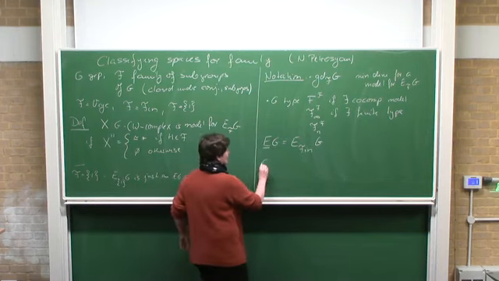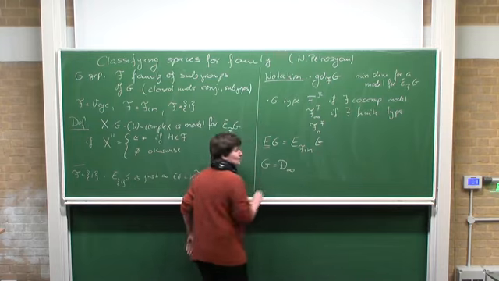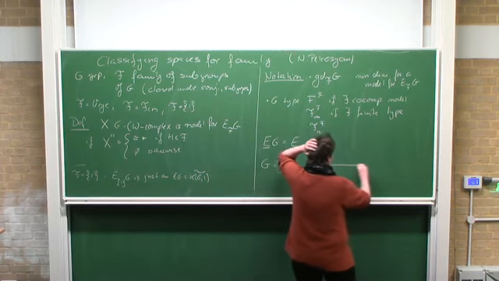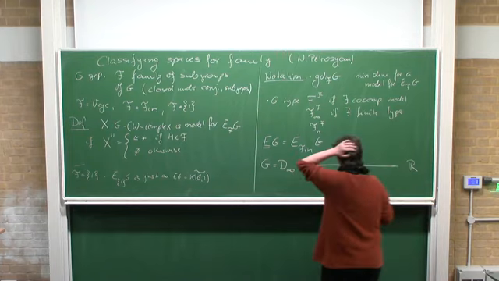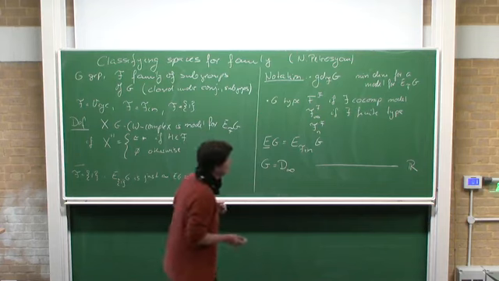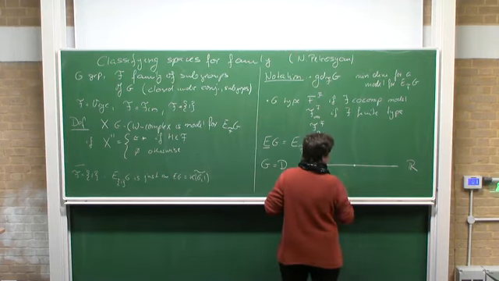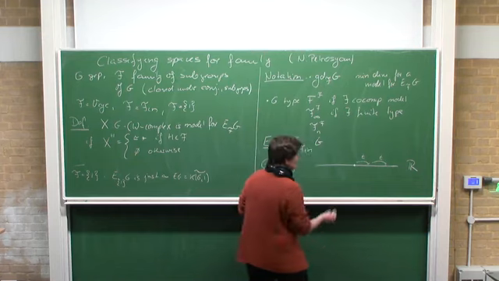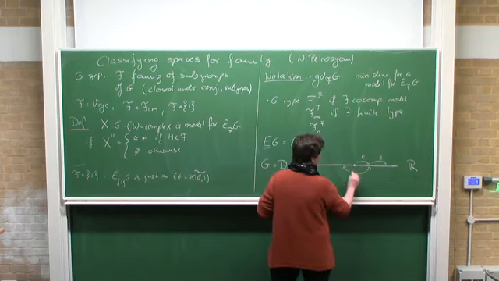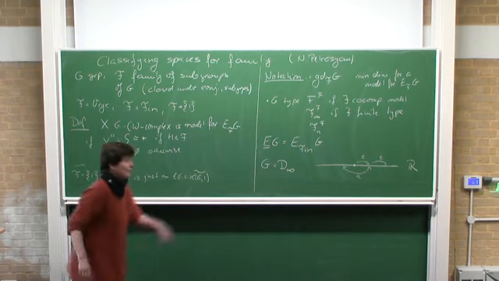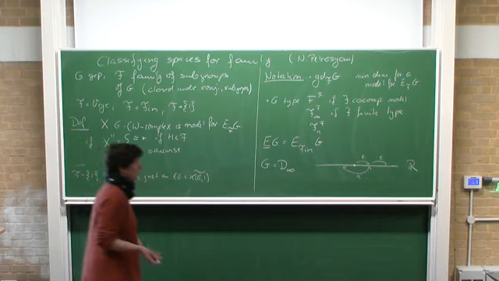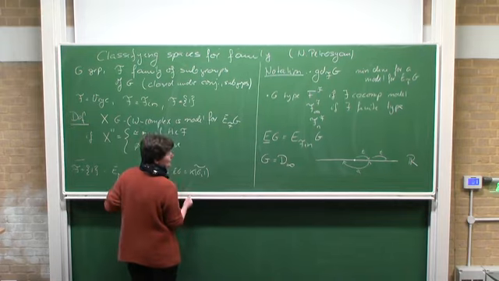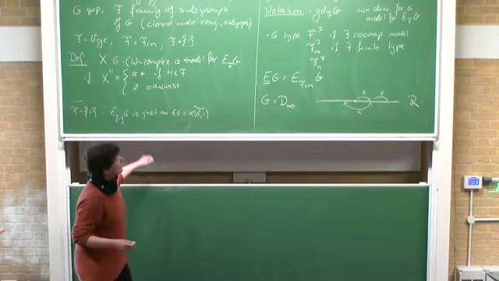So let's just think of a silly group. I don't know, is it silly? The infinite dihedral group. We take the real line. That's a model for E under bar G. The infinite order element acts by translation, and then we have an element of order 2 which acts by reflection. And every finite order element acts by reflection about something like that. So that's a nice model.